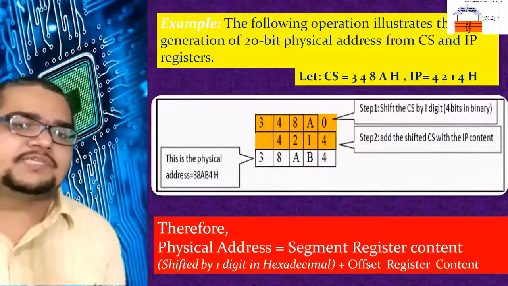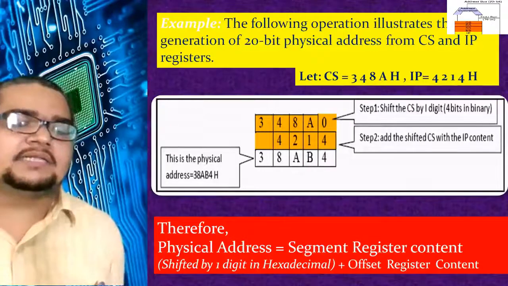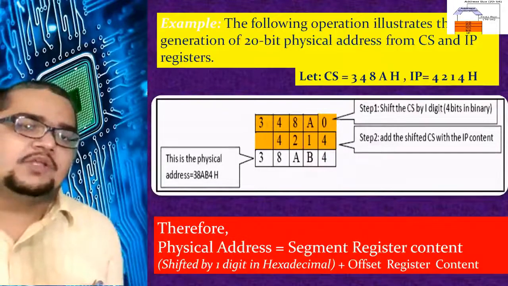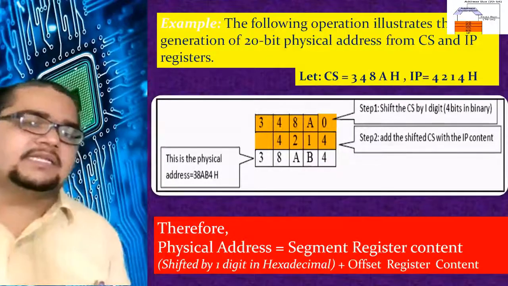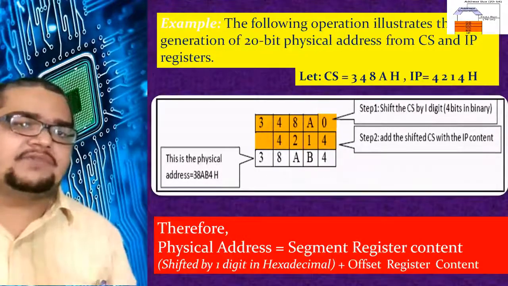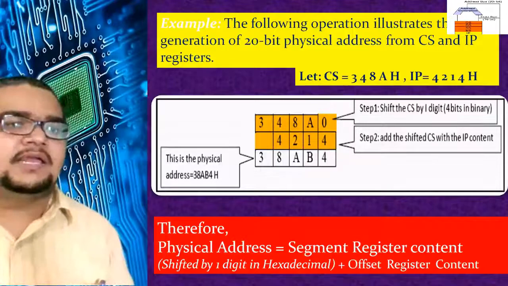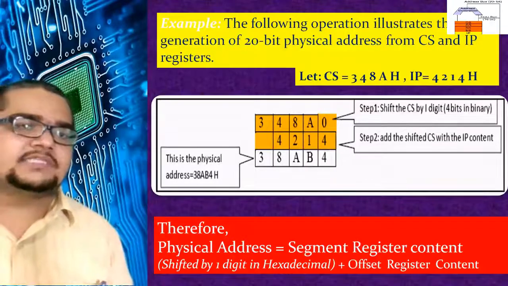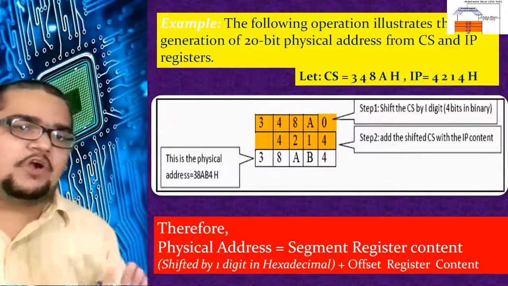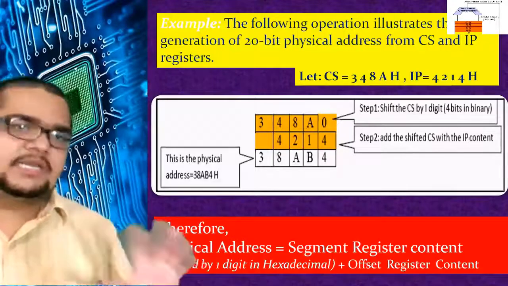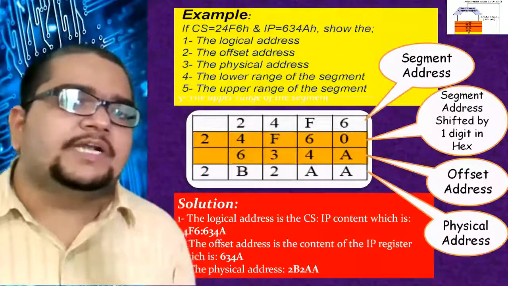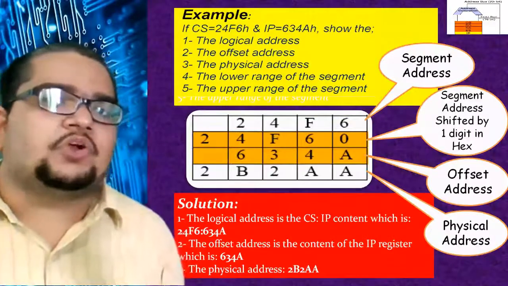So basically the formula of physical address is again segment register content multiplied by 10 hexadecimal plus offset register content. Segment registers are CS, ES, DS and SS. For program instructions the offset register is IP. For data, we have seen different things: SI, DI, SP in case of stack, and in some cases BX and BP also come into picture as offset address registers. We shall elaborate these points when the contents are given and you need to find out the logical address.